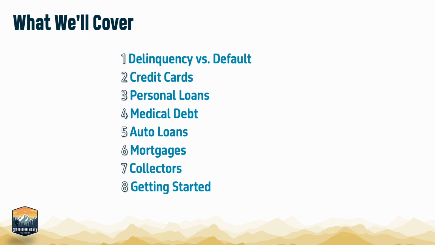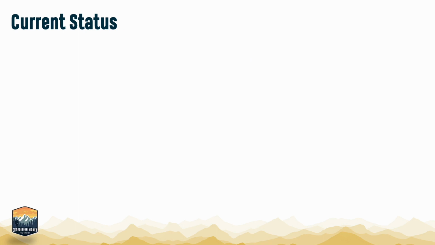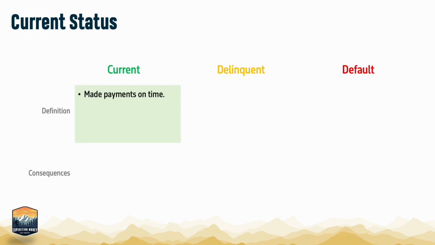First, I want to just cover some basics on loans and when they're considered late. Loans, or debts, are considered current, delinquent, or in default, depending on how far behind the payments are. I'll explain what each means and what the consequences of each are. First, current means that we're making our payments on time. We still have payments left, but generally our lender is happy because we're meeting the terms of our debt. We could call this being on time.